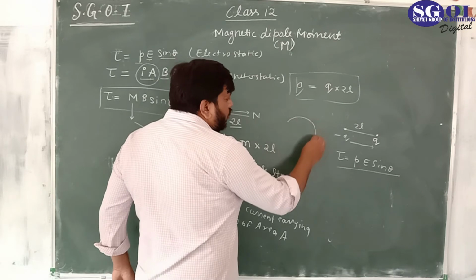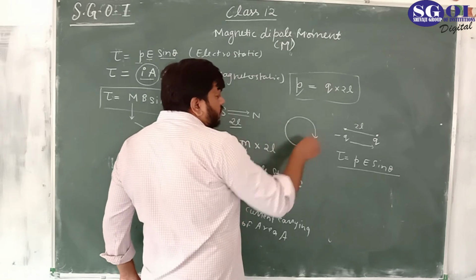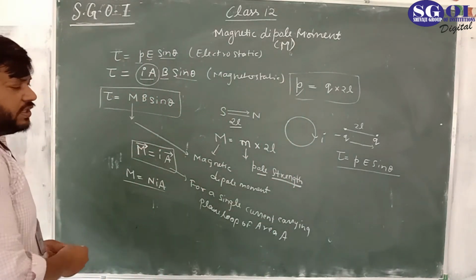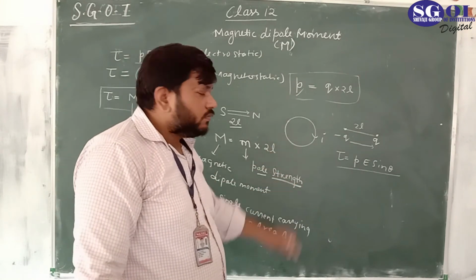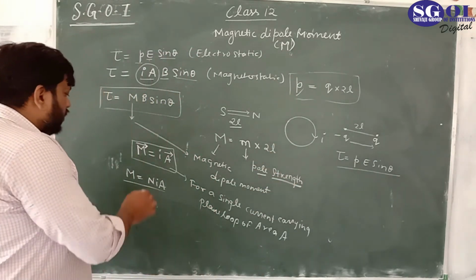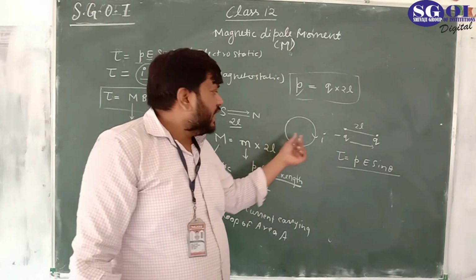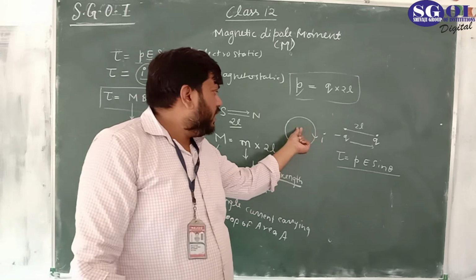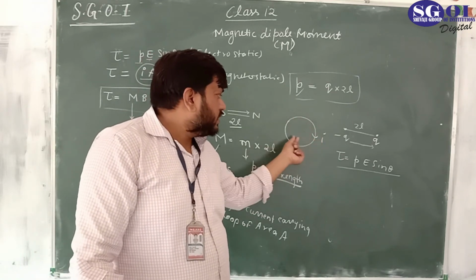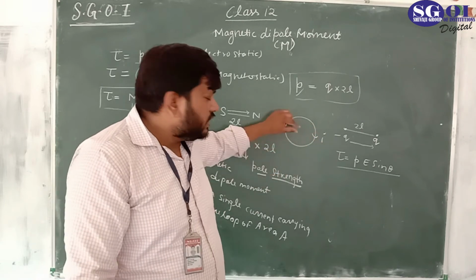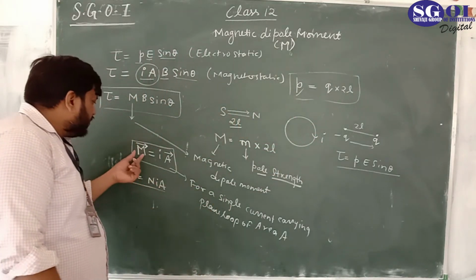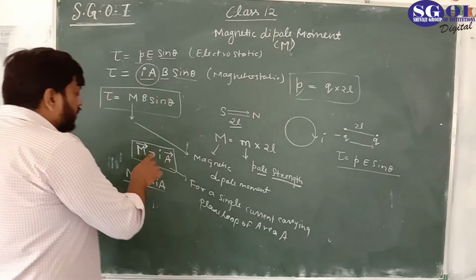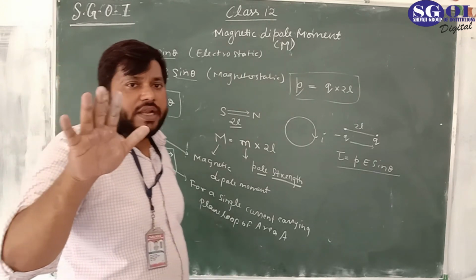Let's see the direction of the magnetic dipole moment in the current carrying loop. This is the current carrying loop. The current I is flowing clockwise. This is the plane surface. So we know that the area vector is normal to the surface, either in this direction or into the blackboard. What is the direction of the m? The direction of the m is decided by the current and by the right hand rule.